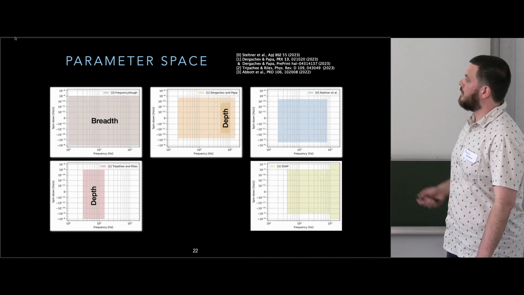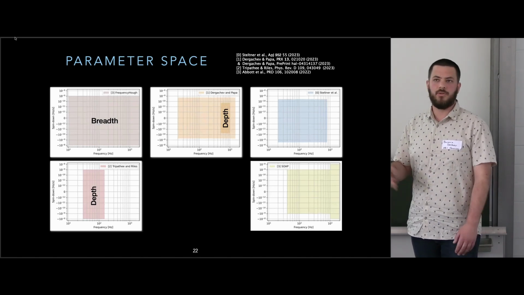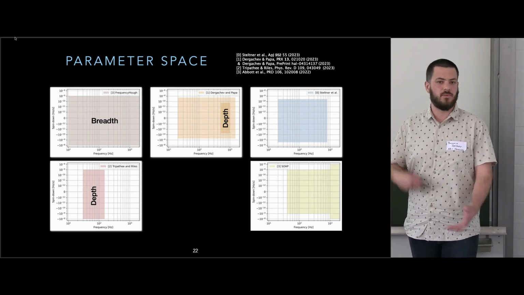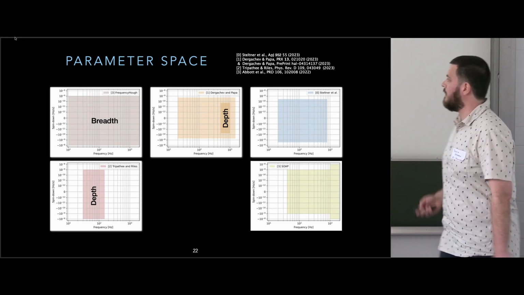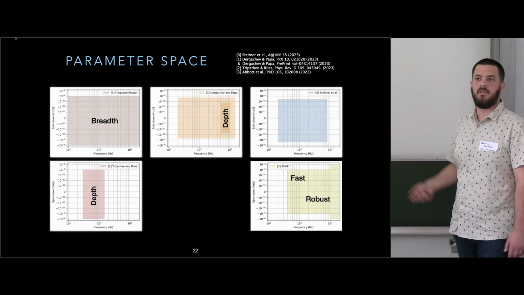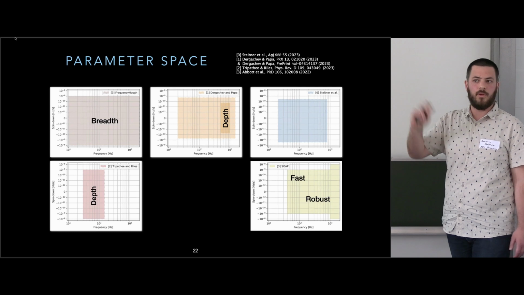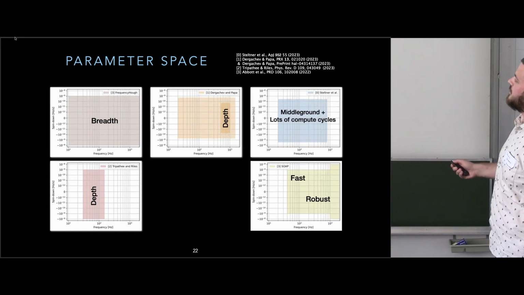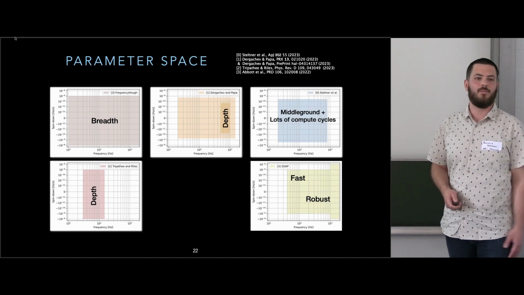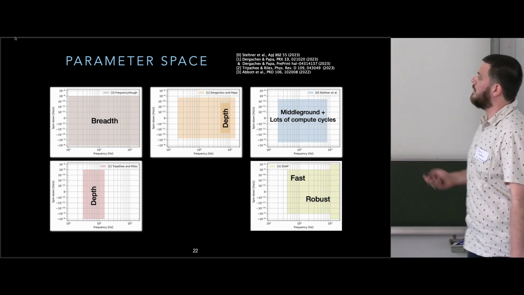Then there are also very deep searches, where a lot of computational power is concentrated in a small region of parameter space to get more sensitive in that region. There are also faster or robust searches, where by robust I mean allowing for small deviations in the waveform, like some spin wandering or so. And lately there is our search, which I think is sort of a middle ground. Plus we threw a lot of compute cycles at the problem to really get the best results in our chosen parameter range. Let me skip that.